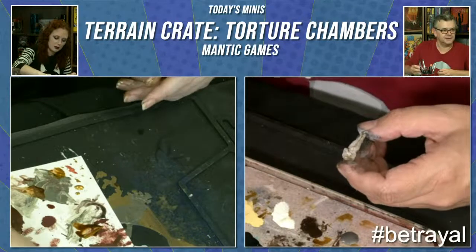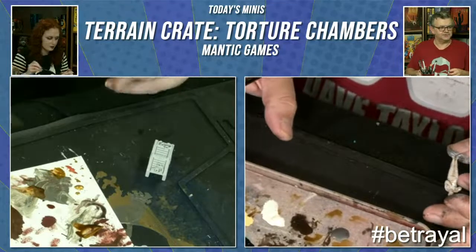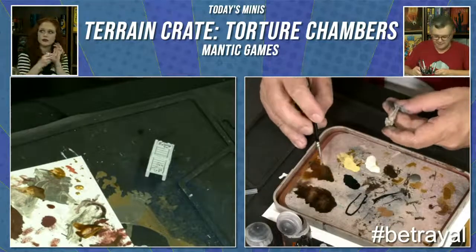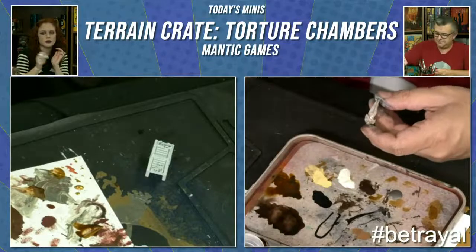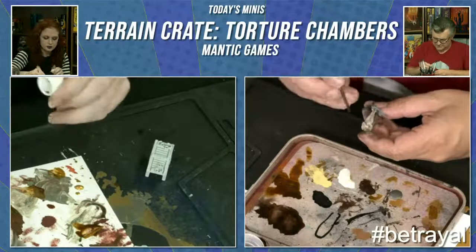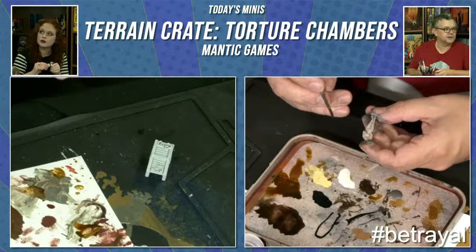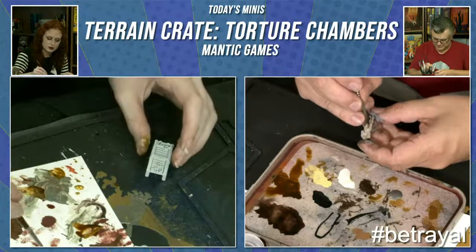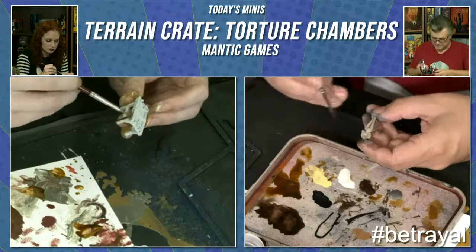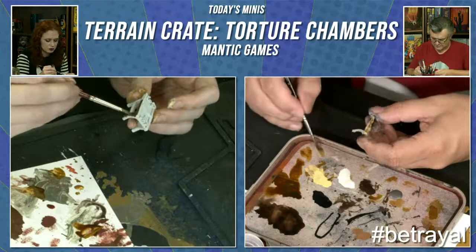So I can get a little bit of the... Where's my tray? That's okay. We super zoomed in. Okay. Just a little bit of the snakebite leather and some water there. Thin it down a little bit. And then rather than splashing it over the whole thing, I'm just going to paint it into the shadowy areas, the recesses, and there. So we start to get that shading definition back on the...